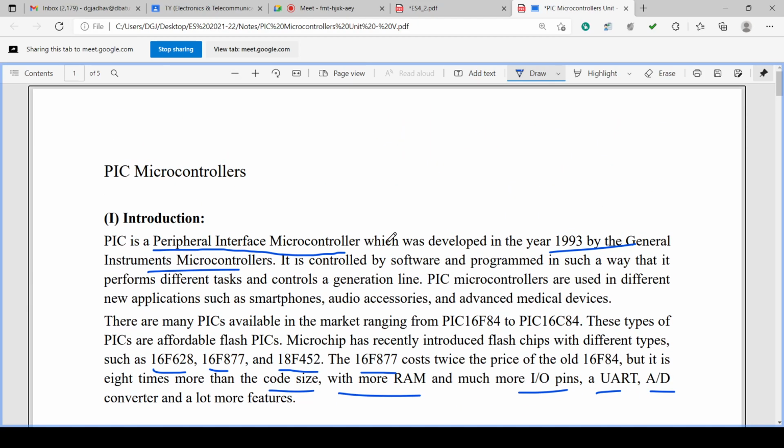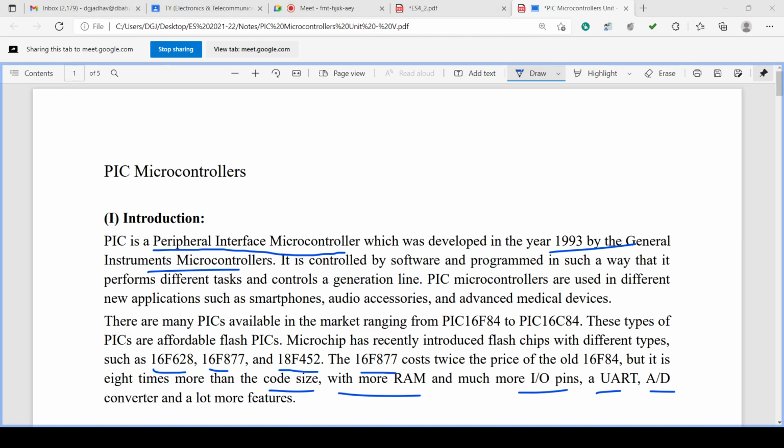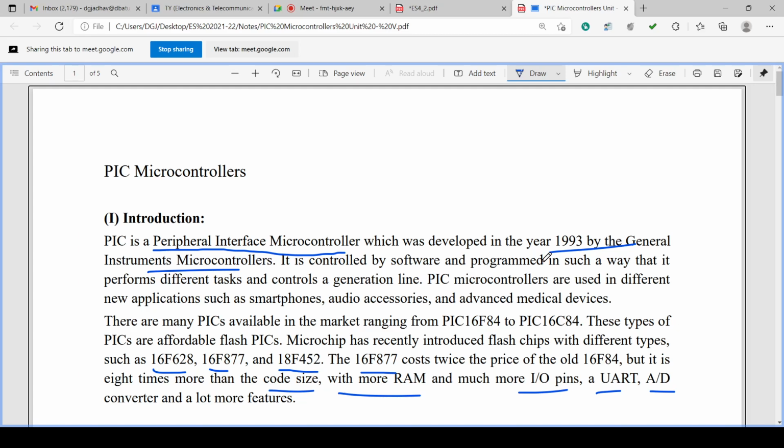PIC microcontroller. PIC microcontroller is a peripheral interface controller which was developed in 1993 by General Instruments Microcontrollers. It is controlled by software and programmed in such a way that it performs different tasks and controls the general lines.